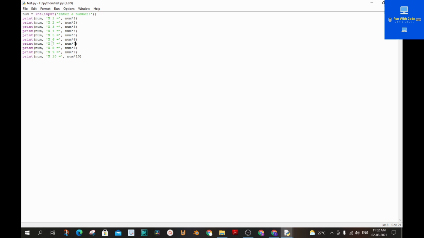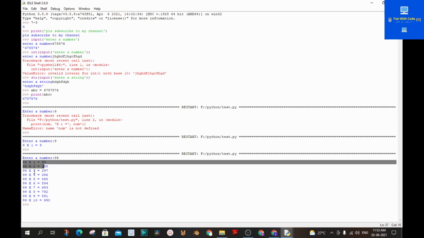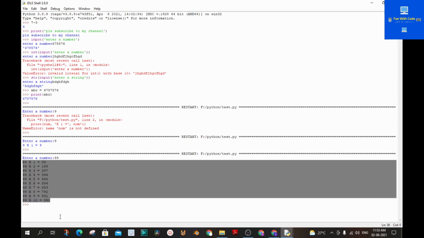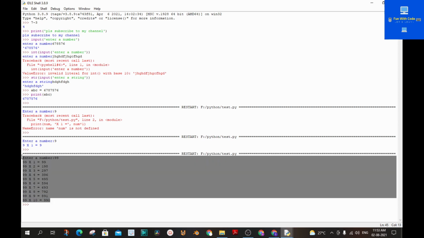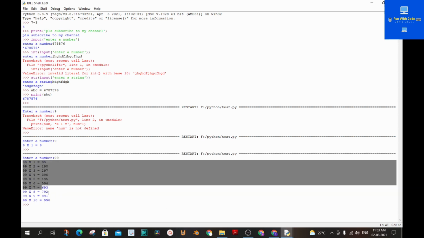And save this script, and if you run this script, it's asking for a number. Let's just say 99, and you see 99 into 1, 99 into 2, 99 into 3, into 4, into 5, into 6 till 10. So we just created a script which takes the input from the user and gives the table of that number.